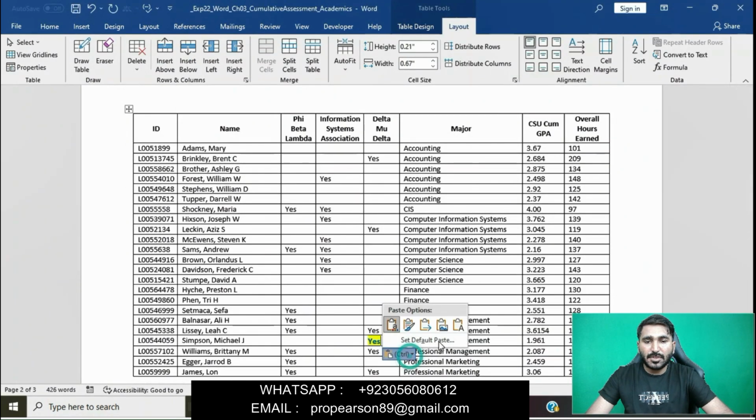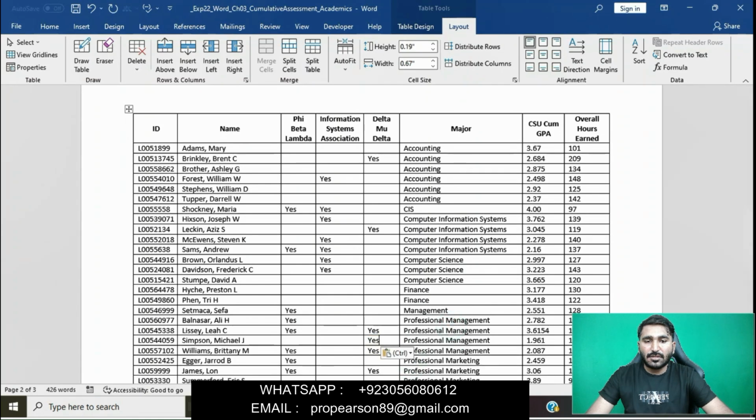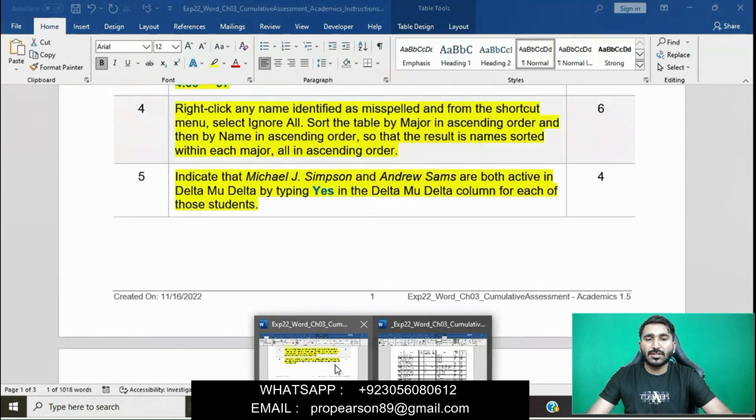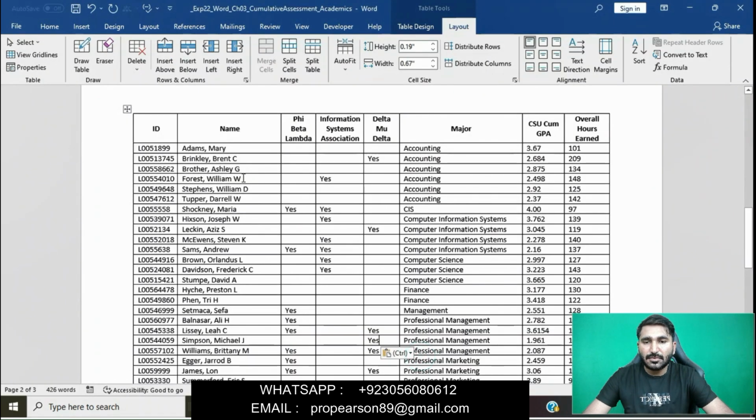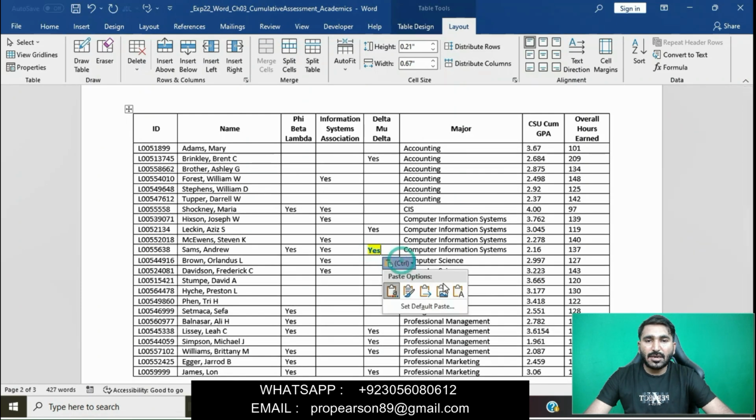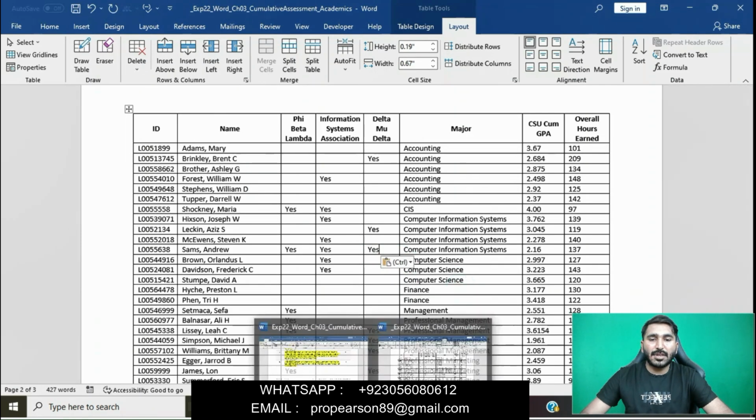We will copy and paste Yes in each of those cells. Now, next is Andrew Sams. Where is Andrew Sams? Sams, Andrew, and both are Yes. Delta Mu Delta is Yes, copy and paste here.